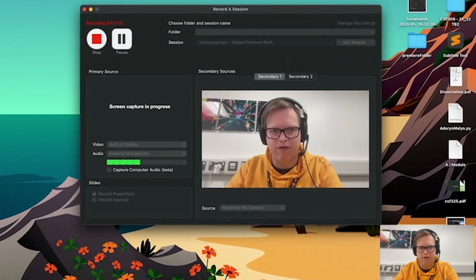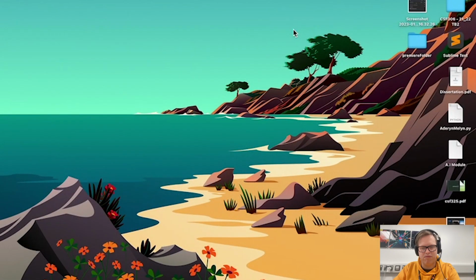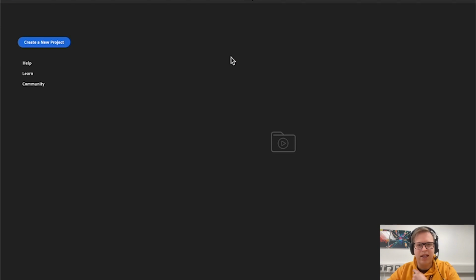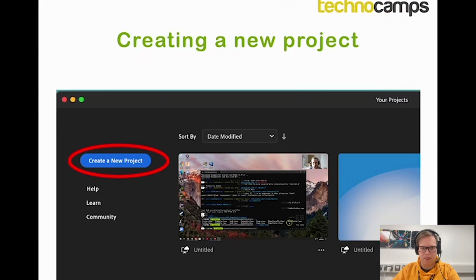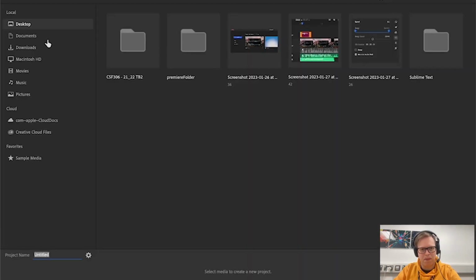So, if I minimize this and go ahead and open Premiere Rush, we'll see a load up screen as standard, and now we'll see a screen like this. What we want to do first is select create new project. So that's this button here. This will now ask us to select our starting folder and our starting file. We can also have a project name. So if I just call this Technocamps,